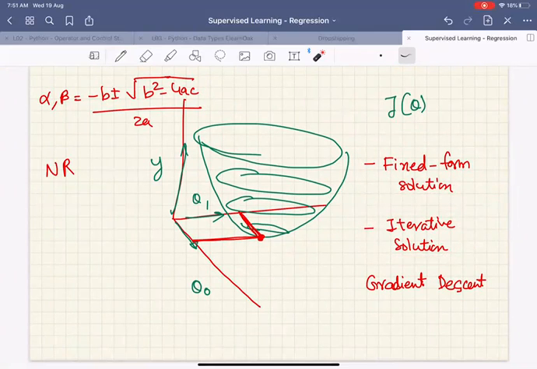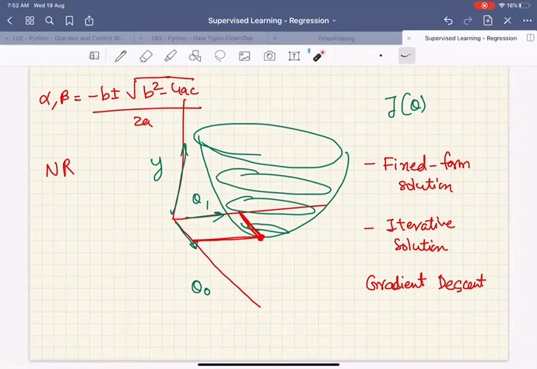Okay, so I hope I have convinced you of which is the superior method. The superior method actually depends upon the case that we're going for. If we have a very simple problem and for that we have the answer, then it makes sense that I use the solution directly. I need not go to an iterative solution or even to machine learning to solve that. So machine learning only makes sense when the problem is complicated or is infeasible to calculate using nominal methods. In those cases, we'll go for machine learning solutions.